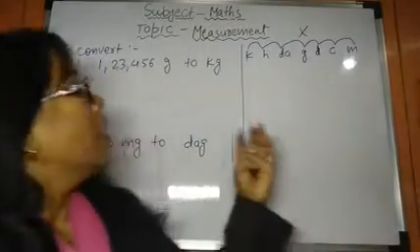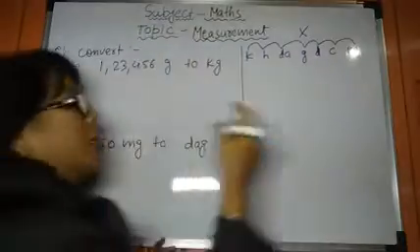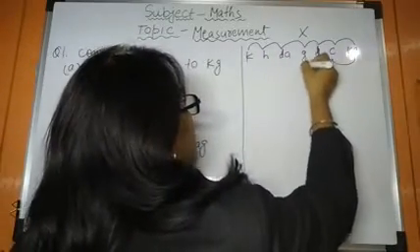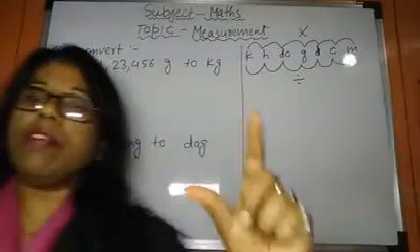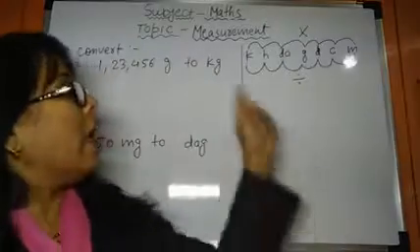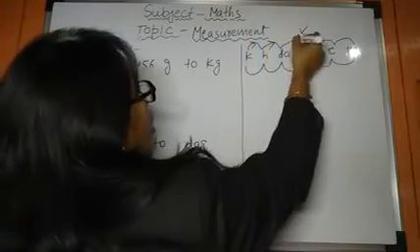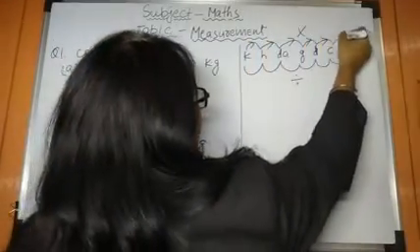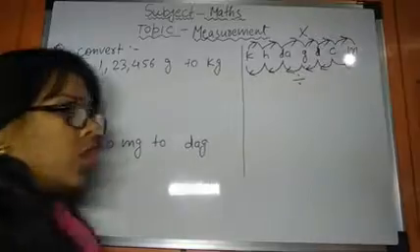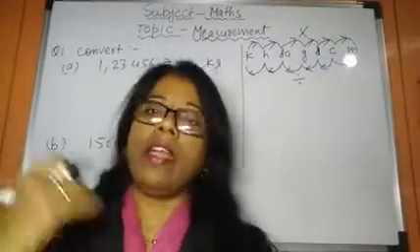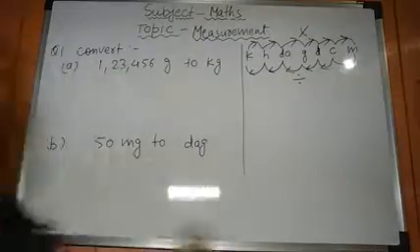Fine. Now the next thing is that when you go from a smaller unit to bigger unit, you have to divide. So whenever you are going to solve the sum, every time you will make this rough diagram. This arrow will be in rightward direction and this arrow will be in leftward direction. Leftward direction arrow shows that you have to do division and rightward arrow shows that you have to do multiplication.